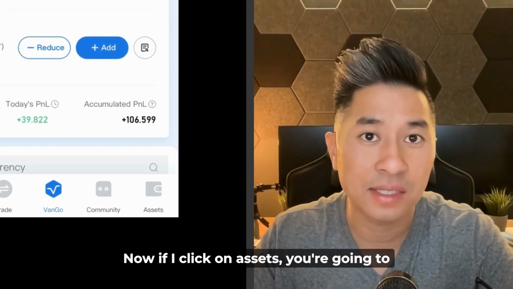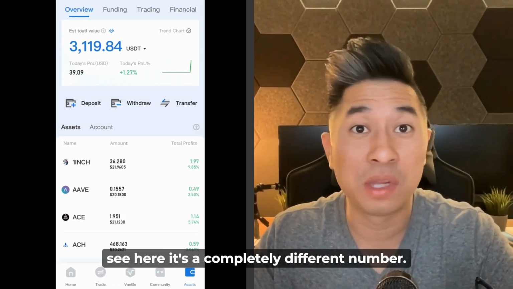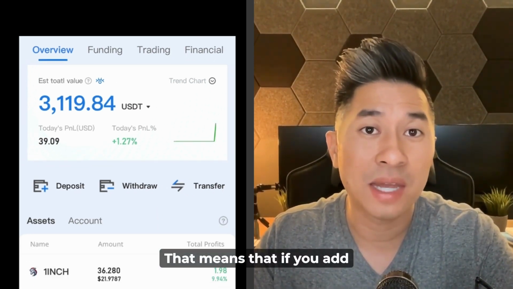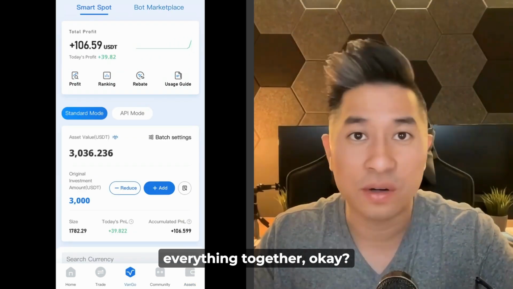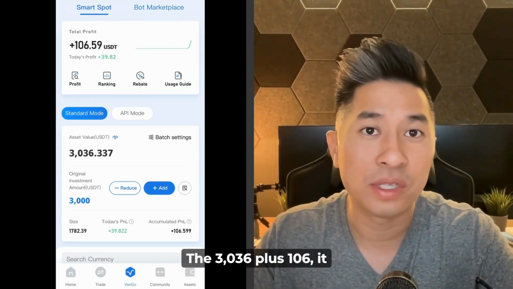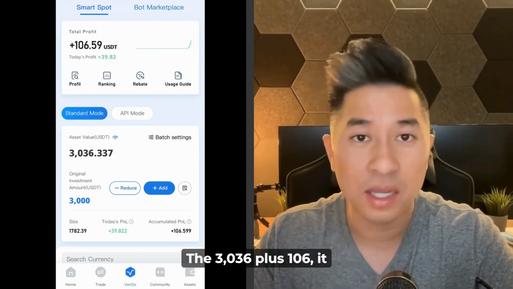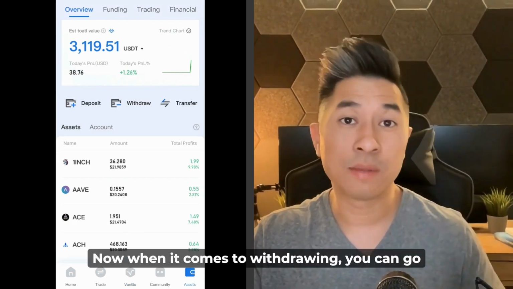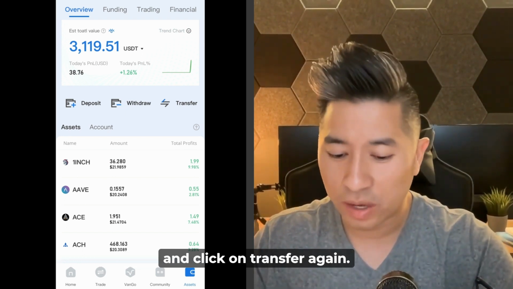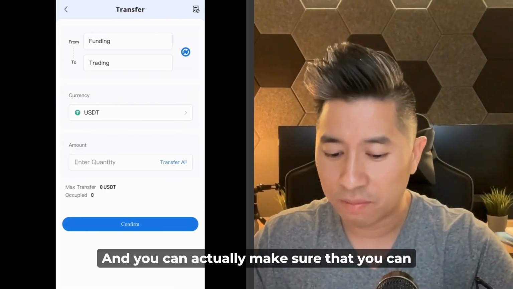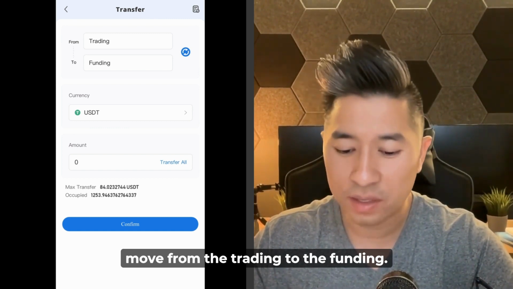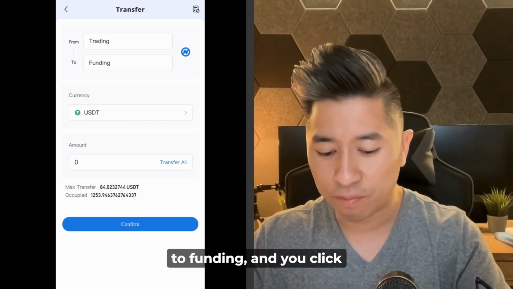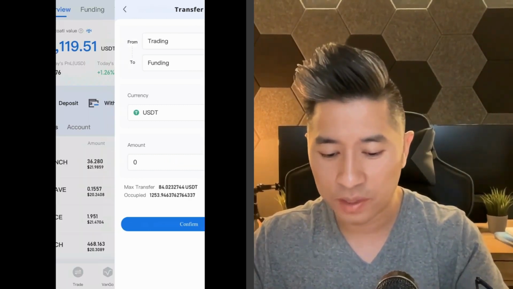Now, if I click on assets, you're going to see here it's a completely different number. Now I have 3,119. So what is that? That means that if you add everything together, the 3,036 plus the 106, it would come out to 3,119. Now, when it comes to withdrawing, you can go ahead and click on transfer again, and make sure that you move from the trading to the funding. Once you've moved it from trading to funding and you click on transfer all and confirm,